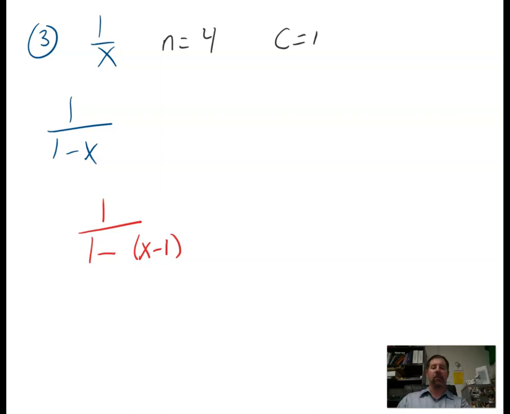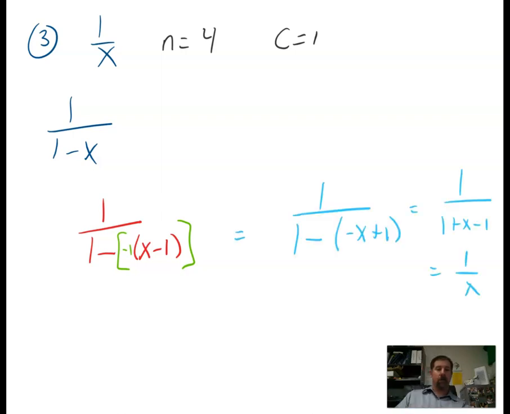That'll center it now. However, if I try to simplify, this is going to be 1 over 2 minus x, which is not what I need. So I need to, again, adapt this a little bit more. And maybe if we put a little negative 1 in front like this. Now if I were to simplify, just to make sure again that they're the same thing, I would